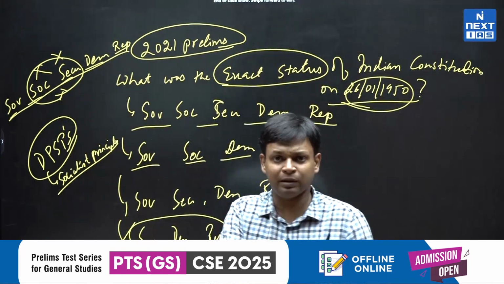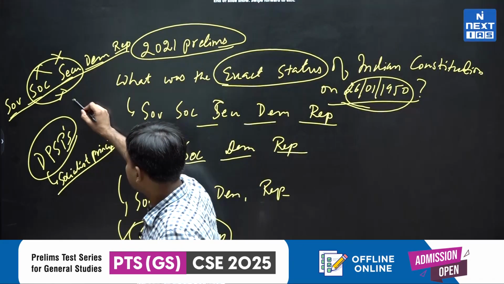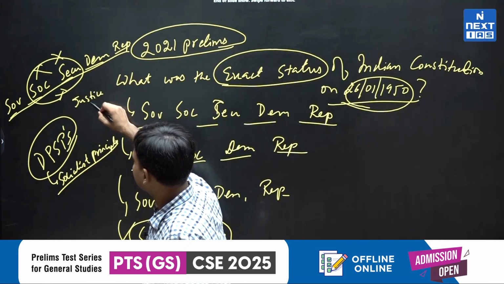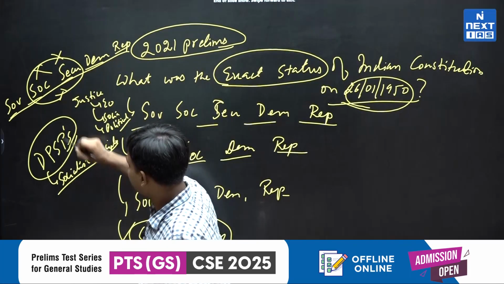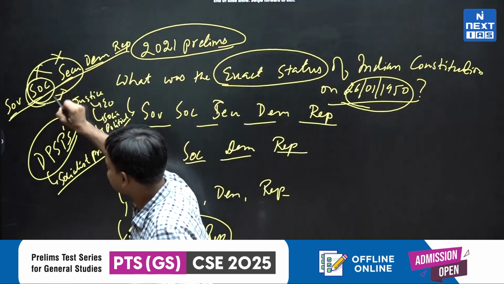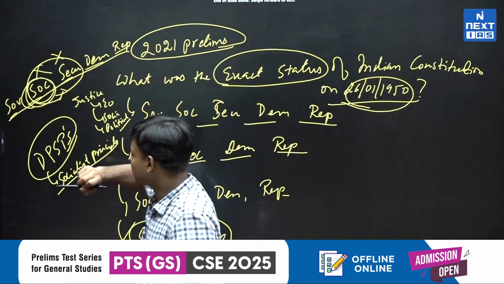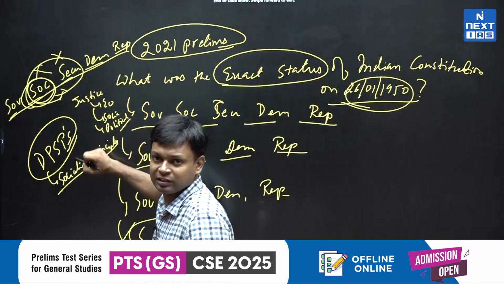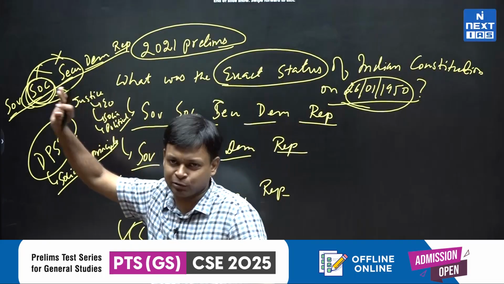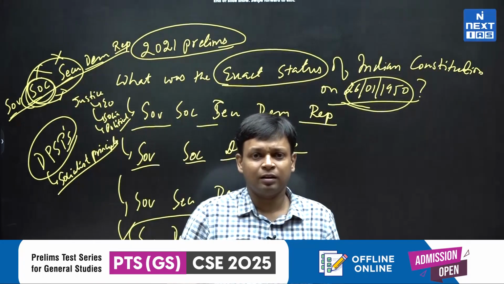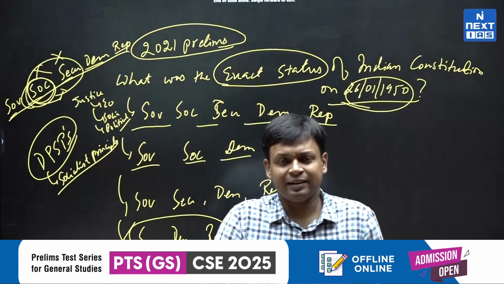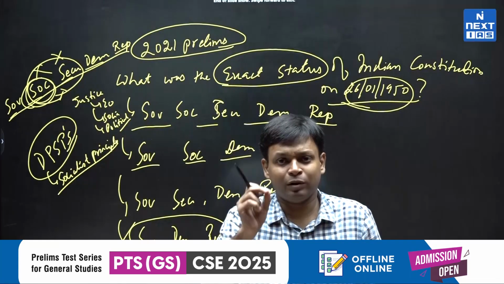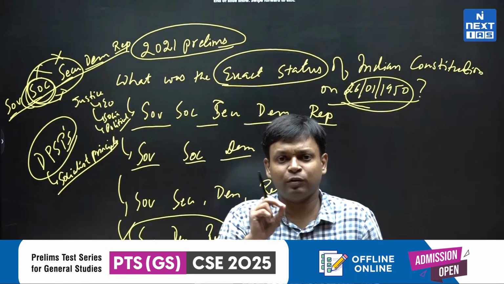Even in the original preamble, it mentioned justice, economic, social and political. So though the word socialism was not mentioned here as a part of the nature of the state, the constitution did have many socialist features in DPSPs and in the preamble and in the fundamental rights also. So anybody who has knowledge of the constitution will definitely say that the constitution was socialist also on the 26th January 1950, though the word was not directly mentioned.